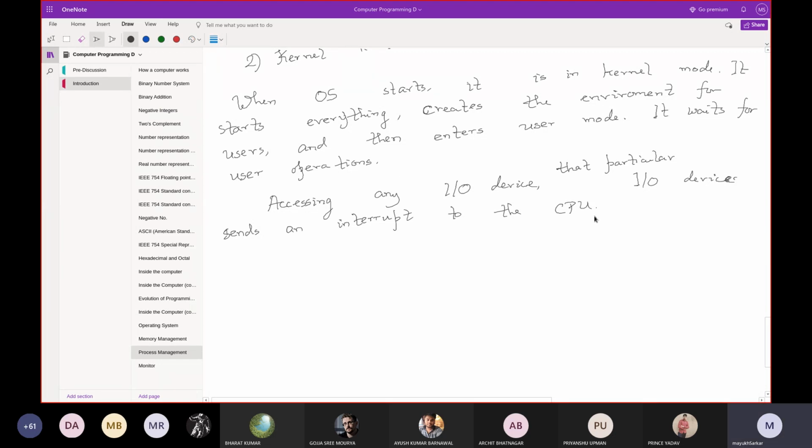Now this sends an interrupt to the CPU. The CPU, in fact, informs the OS about the interrupt, about the details of the interrupt.